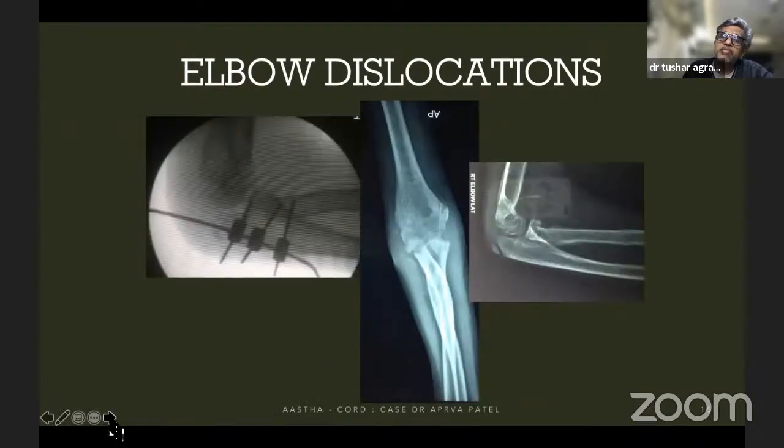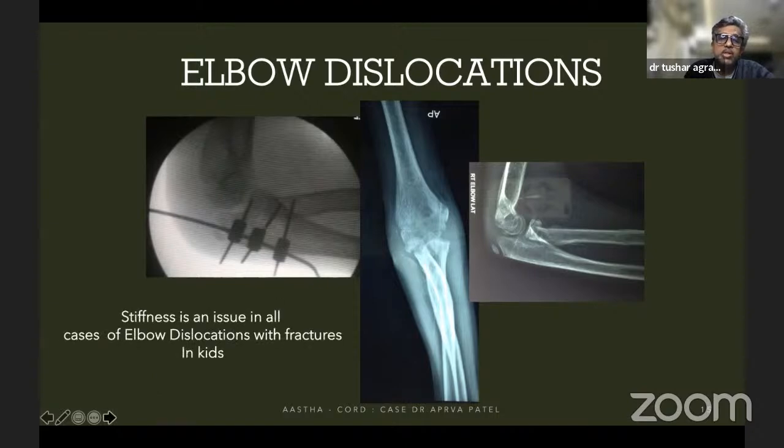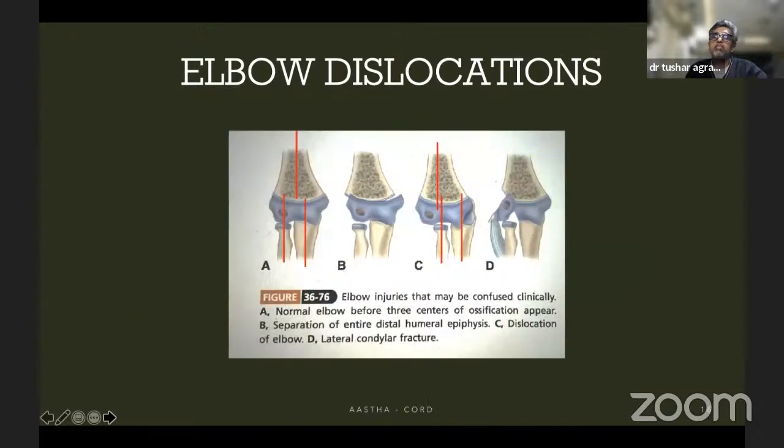This is an X-ray from way back, and at that time I used a Joshi fixator to stabilize. I had actually required open reduction of the radial head. Probably in today's time, I would have used a TENS nail retrograde from below up to fix this radial head fragment. This patient was stiff post-op, but definitely better than excising the radial head or losing the radial head.